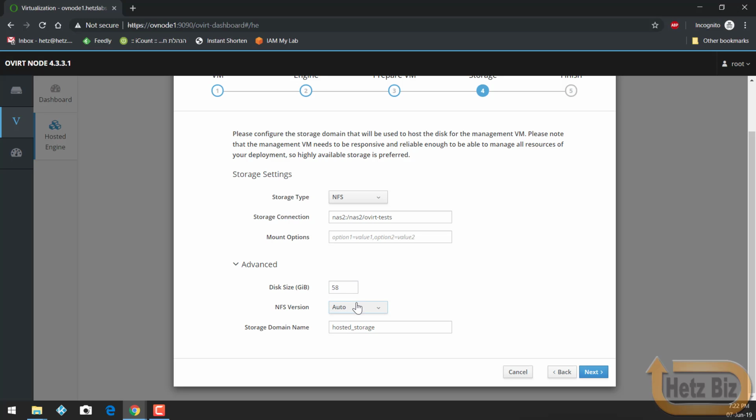In NFS it will allocate 58 gigabytes. Of course, if you didn't create a specific size, you can use the rest on the same shared storage. Storage domain name, hosted storage, you can call it whatever you want. And click next